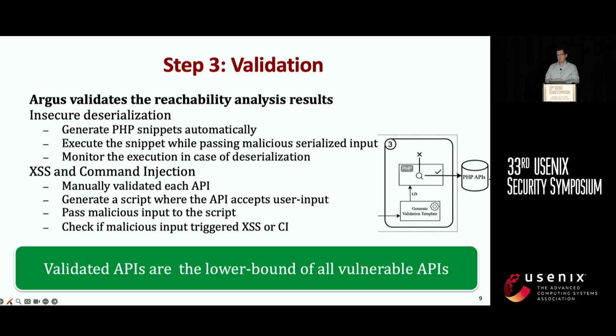And so in the validation, we have proof of concept scripts that are being automatically generated for the first category, for the insecure deserialization, that we run. And therefore, we can identify those that are certainly vulnerable. Since we had more than an order of magnitude fewer results for cross-site scripting and command injection, we did that validation approach manually and have proof of concepts for all the things that actually work. At the end of the day, after the validation, we have a lower bound of all the vulnerable APIs within